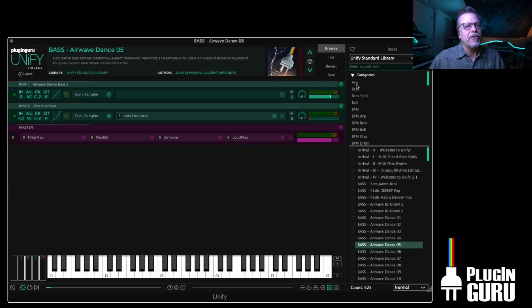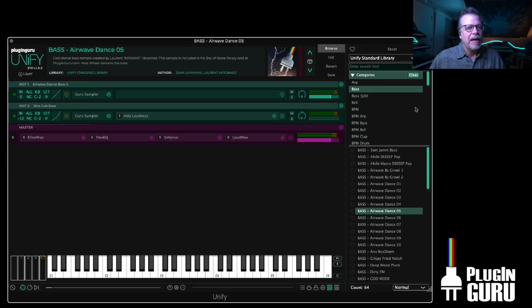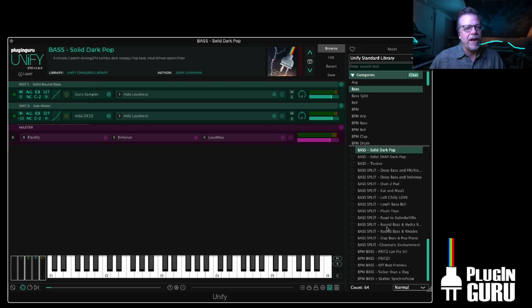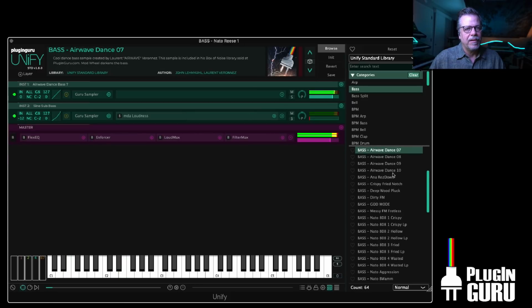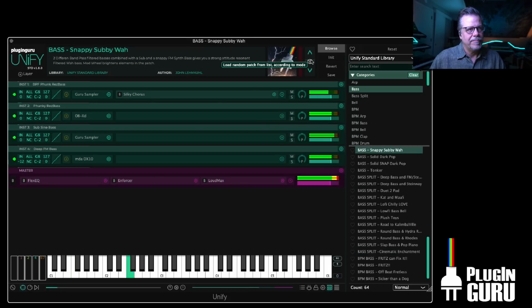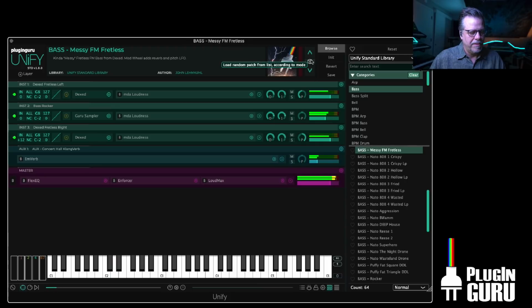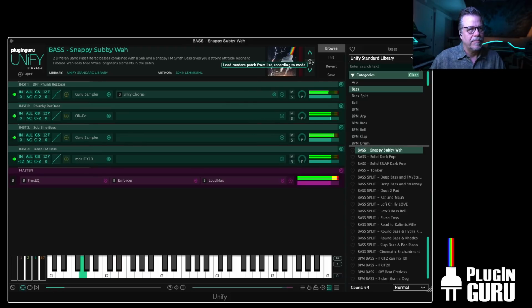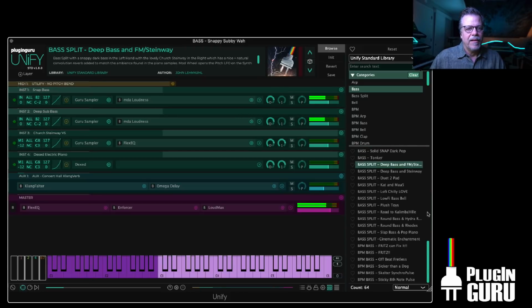I'm going to go to categories, and I'm going to say bass. Because I'm in the Unify standard library, that limited it to 64. I hit the fuzzy dice, and it will randomly select a different bass from the list. So it's like, pick a bass for me, Unify. There's a 1 in 64 chance that it's going to pick